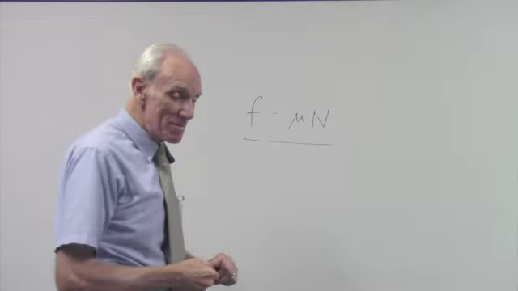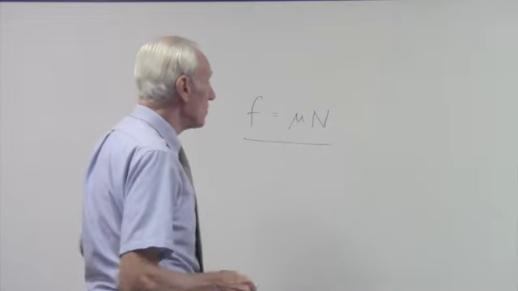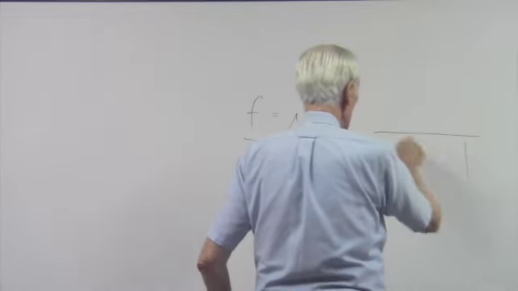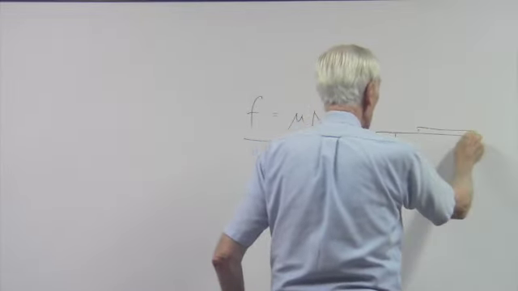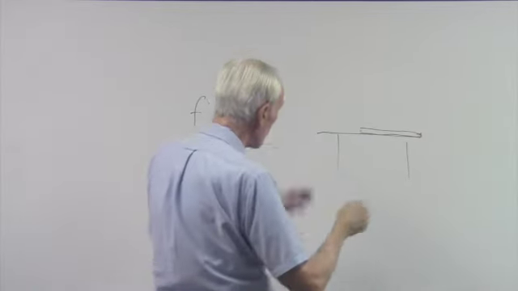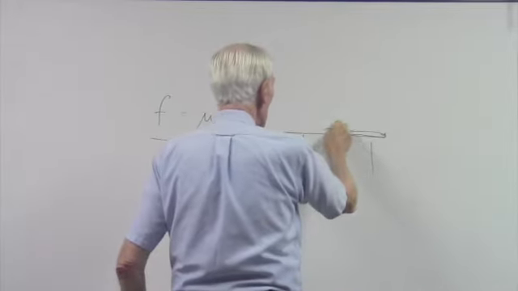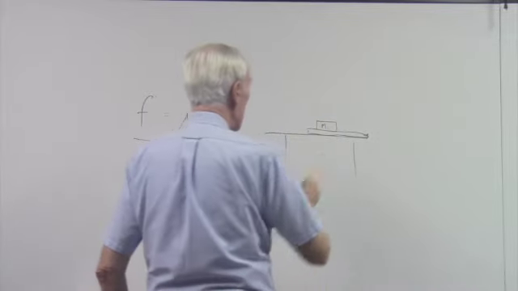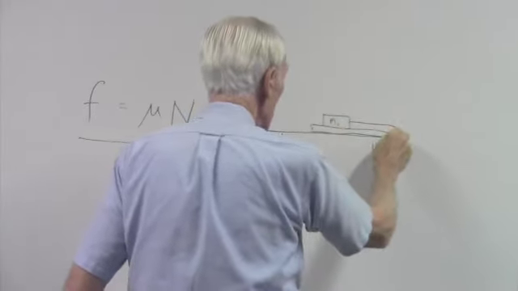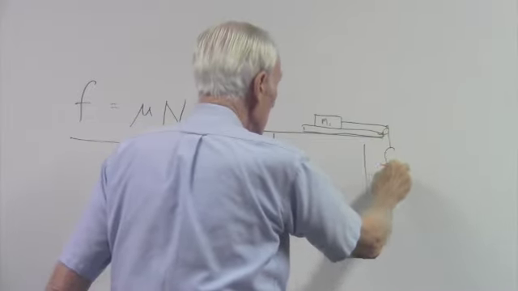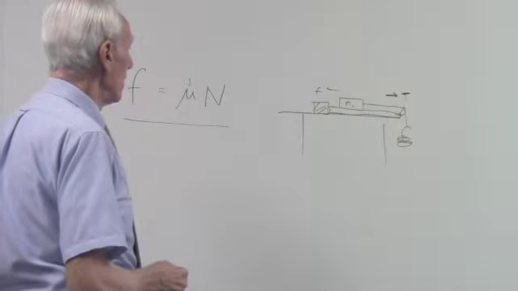so the first experiment we're going to do is we're going to set up the top of a table. We're going to put a board on it that's been sanded and varnished, so it's pretty smooth, and we'll put a block of wood, call it mass 1 or just mass, and have this hang from one of our smart pulleys to a weight pan. Okay, so